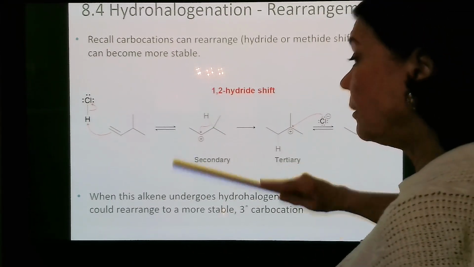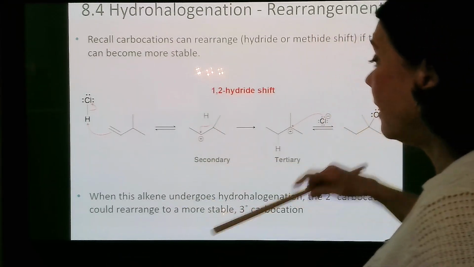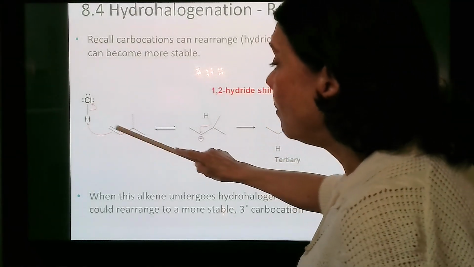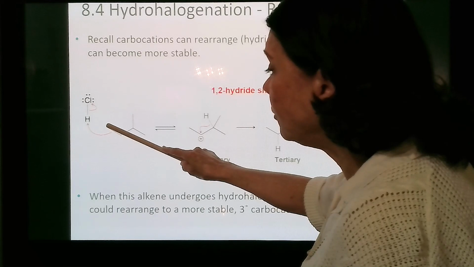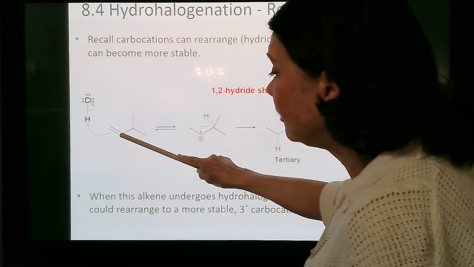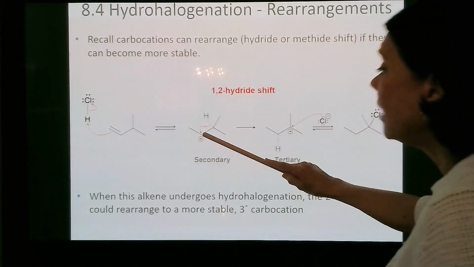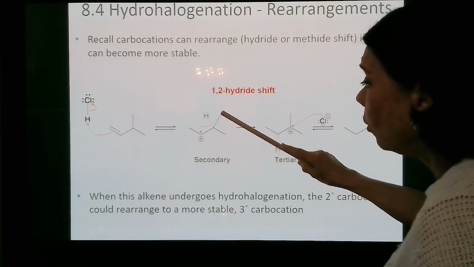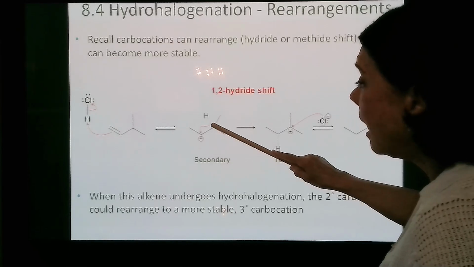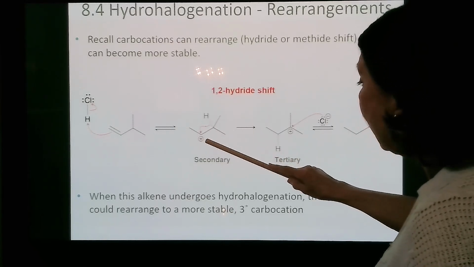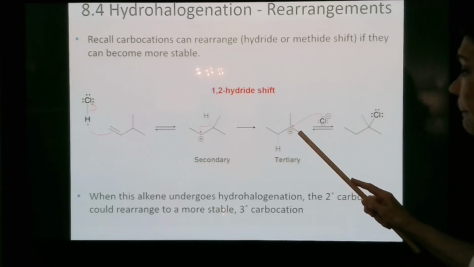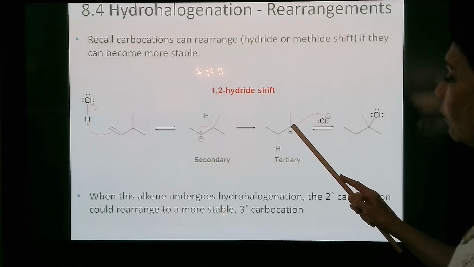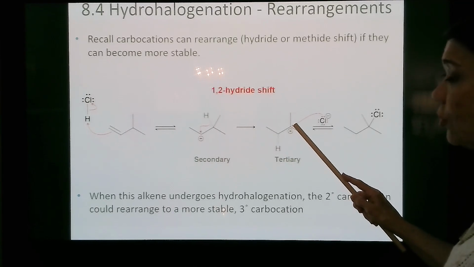So remember, another thing that we've talked about with carbocations before is that when you have a carbocation formed, here you're going to protonate. Where will you protonate? You'll protonate at the end so that you'll have a secondary carbocation formed. And now, since you have this branching next door, you have the possibility of a 1,2 hydride shift. And so now, after that happens, you have a tertiary carbocation formed, and then the nucleophile will come in and attack at the tertiary